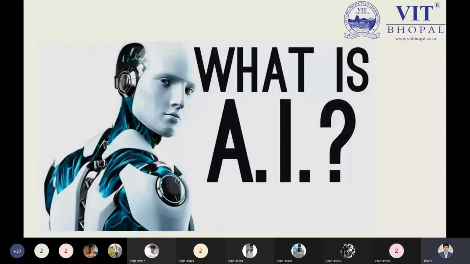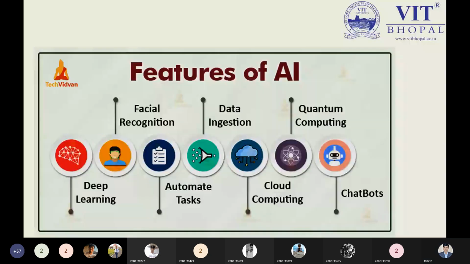Okay. So, from this point, we have the next very important concept: features of AI. What are the features of AI? Yeah, that is the point. To understand the AI course or AI subjects, what are its features? What are the applications? Deep learning is one of the biggest areas, where we can understand facial recognition